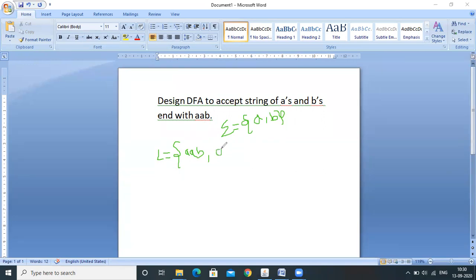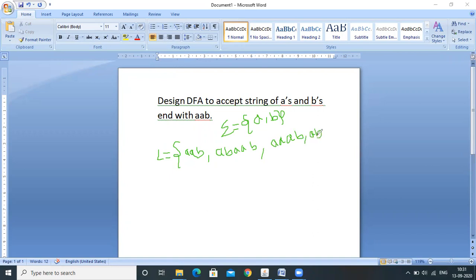What are the different possibilities? Now write down AB, double AB, AA, AAB, like this.